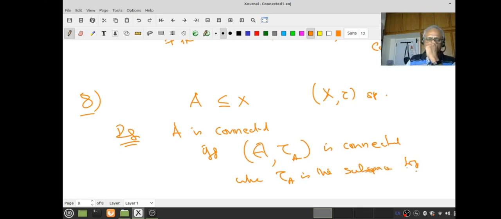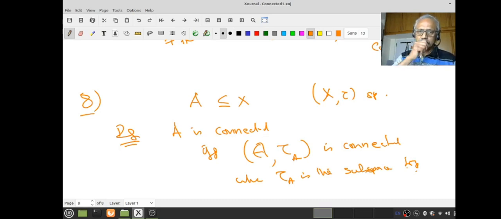Okay, and this is the one which really gives a lot of problem to students, because many textbooks will try to write down a disconnection. If a subset A is not connected, then they will try to show what kind of disconnection you should have. For X I had a disconnection, do you remember? If U is a non-empty proper open set which is also closed, then its complement B, then U union B equal to X, etc., and the pair is called a disconnection.